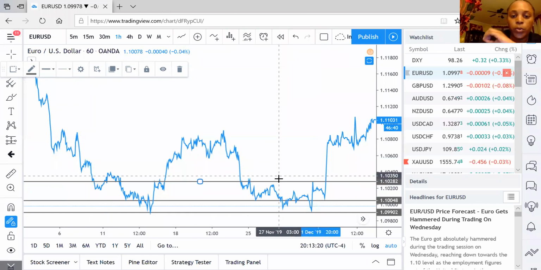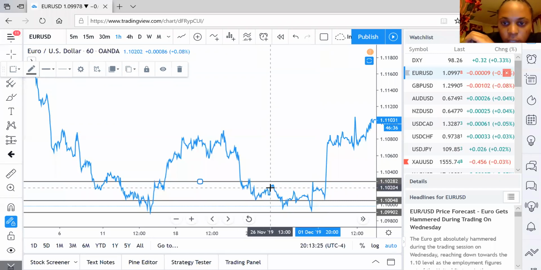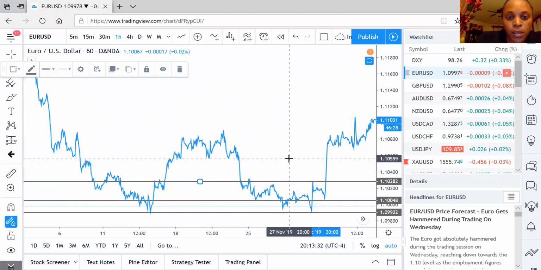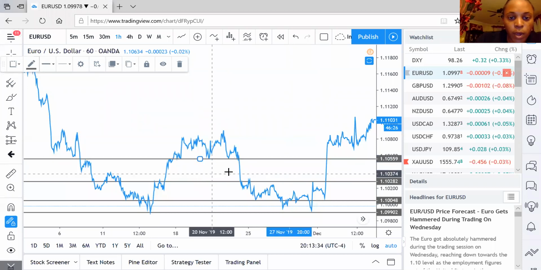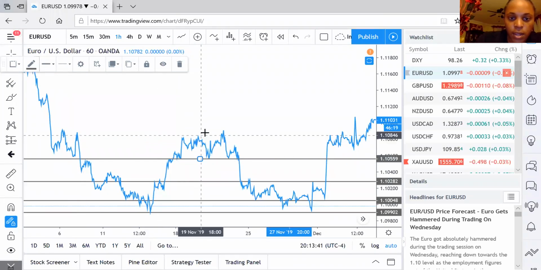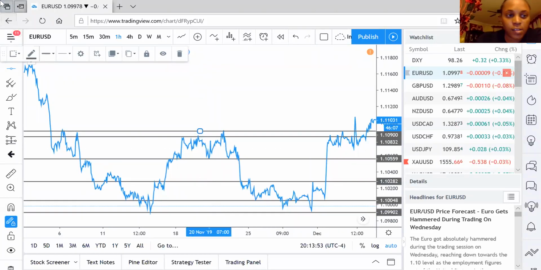So all we're doing, I don't want you to go into detail of trying to get every single one as you come up, but we're going to focus on the ones that are obvious, right? So we're going to come here as well. Why am I going here? Support, support, support, resistance, support, right? And then I'm going to come to the top and we're going to take that one as well. This one, I'm going to give it just about 2 lines here and around about here, right? Because that's a zone,